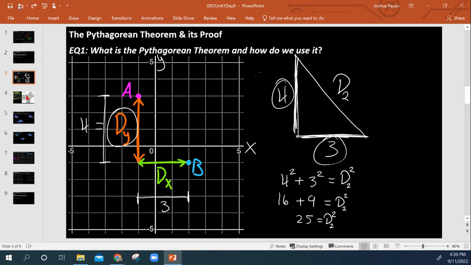And the way we're going to get rid of that exponent is by doing its inverse, just like we always do in algebra. The inverse of squaring something is to take the square root of it. So if I take the square root of both sides of the equation, because what I do to one side I have to do to the other, I get that the distance between point A and point B is